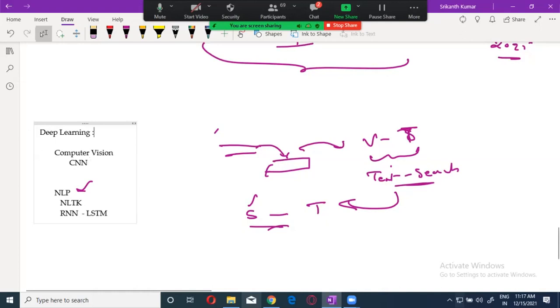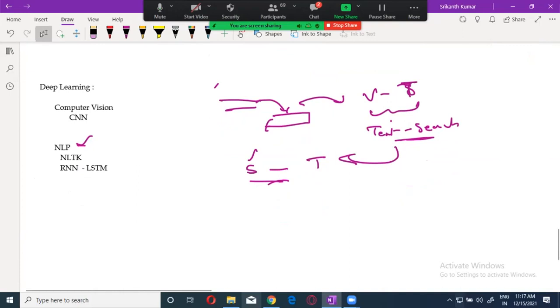Now, how the deep learning will go, let me tell you, deep learning. First, we are going to learn what is the biological neurons and what is the artificial neural network, that is ANN. Biological neuron is there in our brains, and using this structure, how we are creating our artificial neural networks. That's what we will be seeing. Then next one, to implement this one, we need a technology called TensorFlow, and we need the Keras, guys. These are mandatory. Okay, these are mandatory. You have to know it.